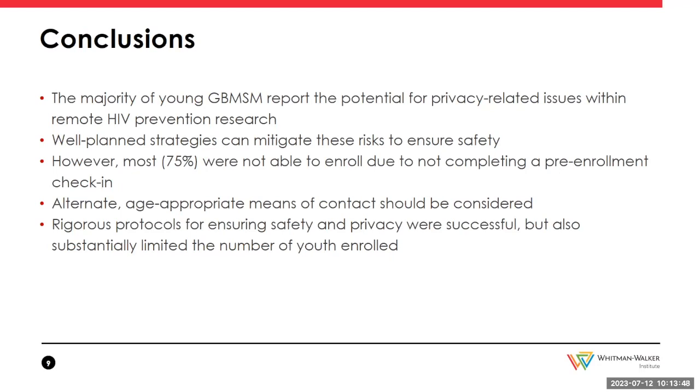So we had a much lower representation of folks under the age of 18 because of how stringent these safety protocols were. Our recommendation, which we are now taking, is that alternate age-appropriate means of contact should be considered. Rigorous protocols for ensuring safety and privacy were successful, but also substantially limited the number of youth that were able to enroll, and so limit access into remote HIV research. So now our protocol,